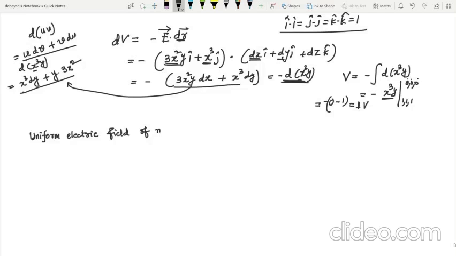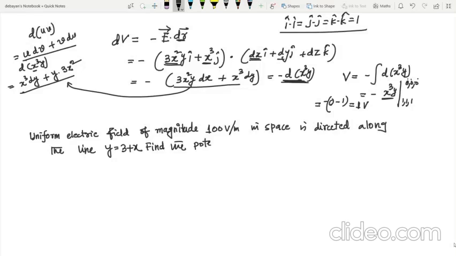So you have to find the potential difference between say points A and B. That means the electric field whose